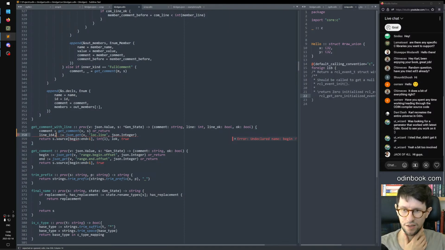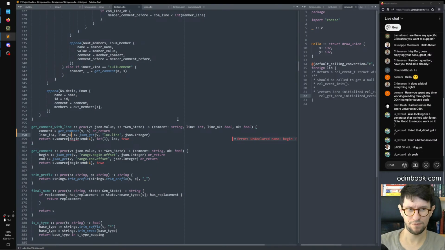I can't assign to this because it's the wrong type, so I need to cast it, but I can't cast two things. Since I can't do that, I need an intermediate variable, because I don't want to use or return here, since it's okay that the line